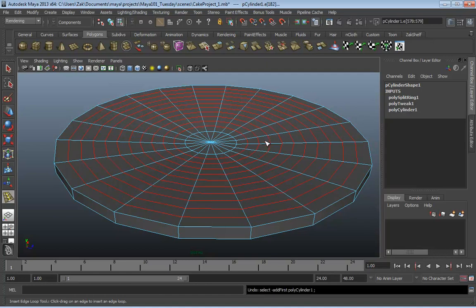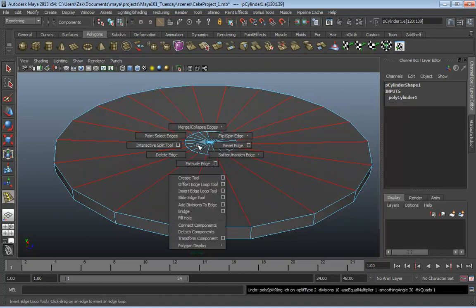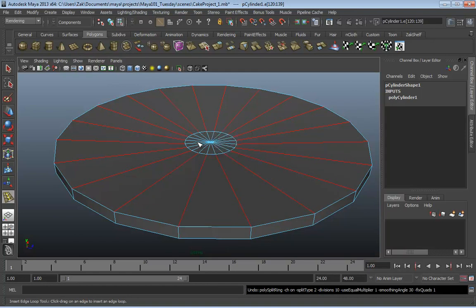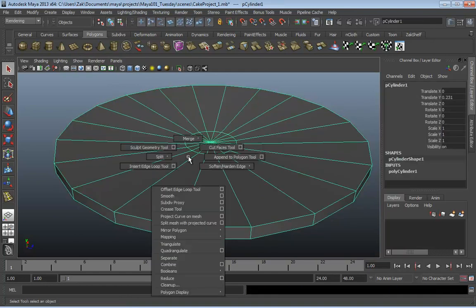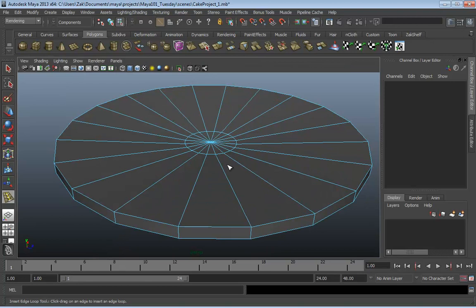So that's no good. I need to undo that. And I am going to go into my Insert Edge Loop tool and change my settings back to default, because apparently they got changed at some point. Yeah, insert number of edge loops set to 10. I don't think so. Now the way I did that, if you need to know, there's a couple of different ways. While you're in the Insert Edge Loop tool,